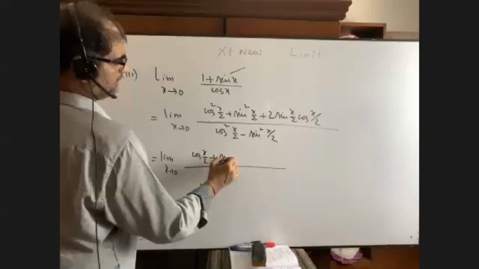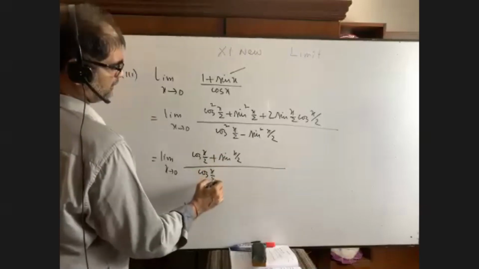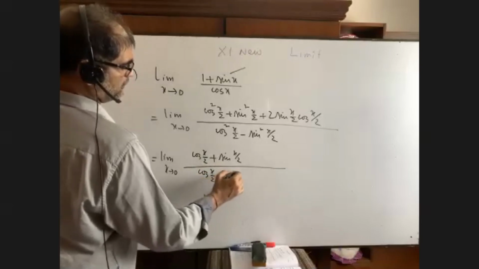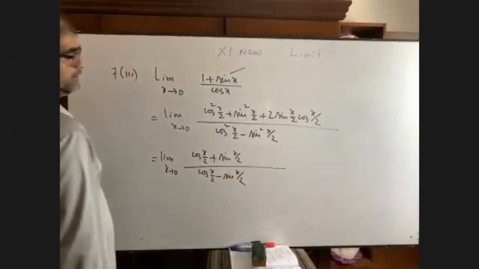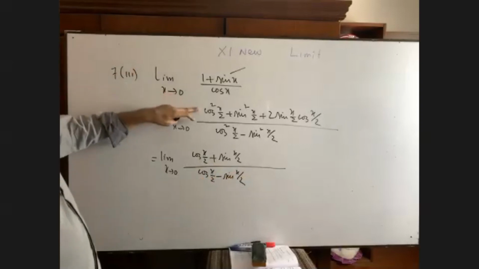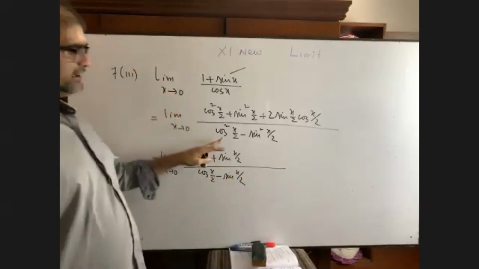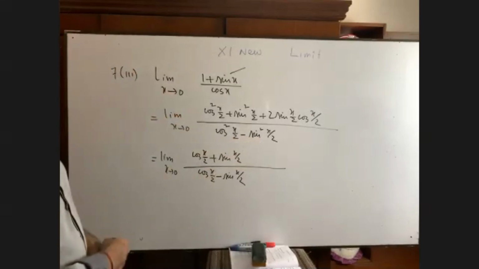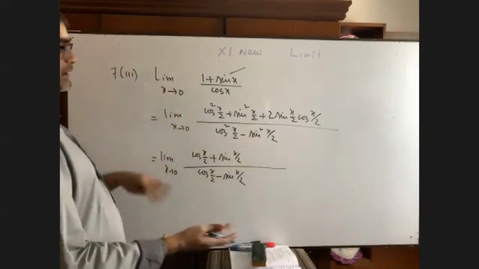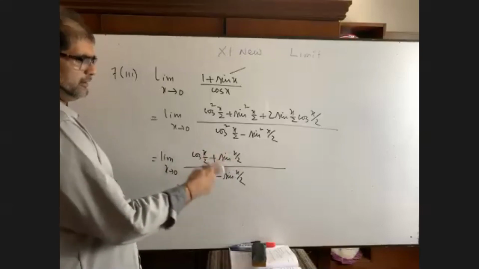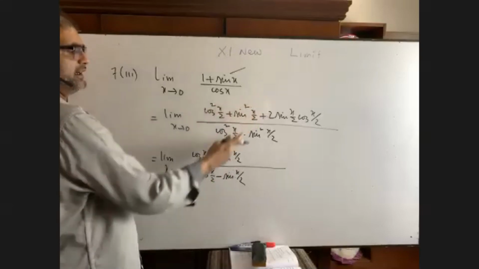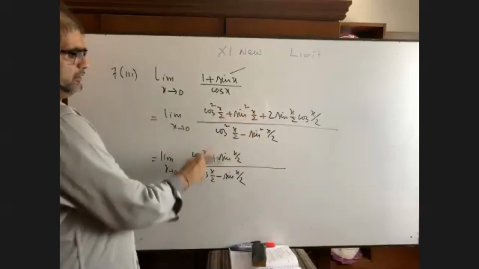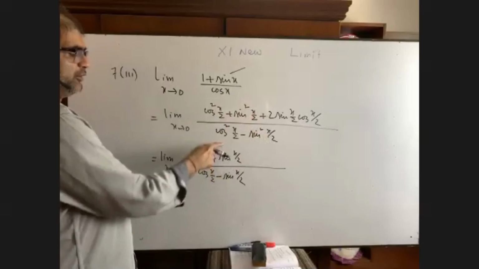And here it is: cosine x by 2 minus sin x by 2. Perhaps you have got it. It will be the formula of (a plus b) whole square, and a square minus b square. So a plus b will be cancelled from both the numerator and denominator, and we will be left with, I think you have got it right, here (a plus b) whole square, here a square minus b square. By calculation or cancelling, we can get it.